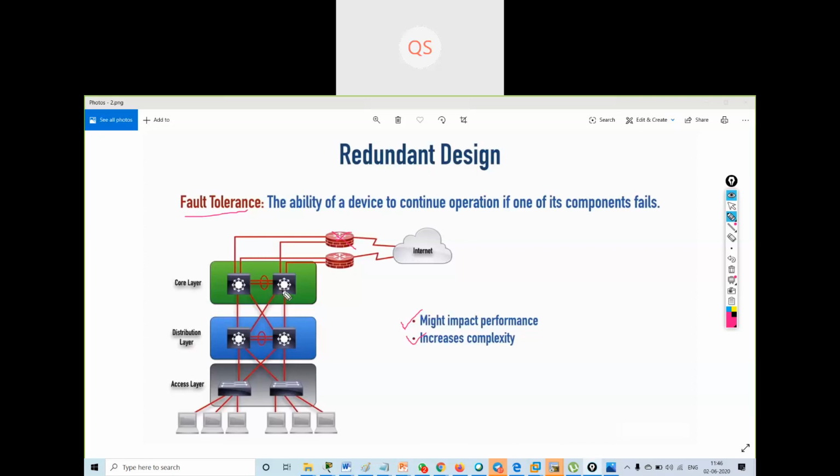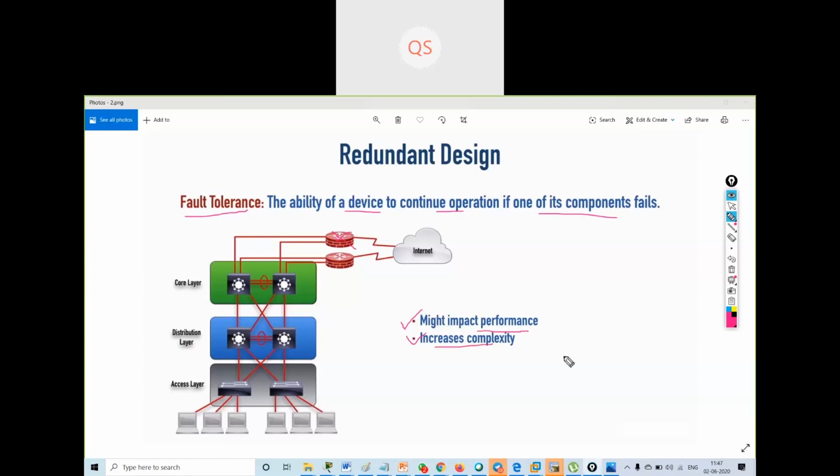How will it increase the complexity? Because the interconnection between the devices is very complex if I'm having a large enterprise network. Fault tolerance is the ability of the device to continue operation if one of its components fails. So fault tolerance in redundant design will impact my performance.